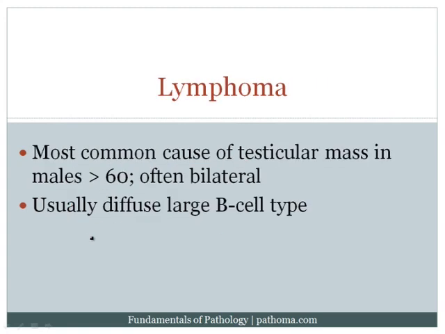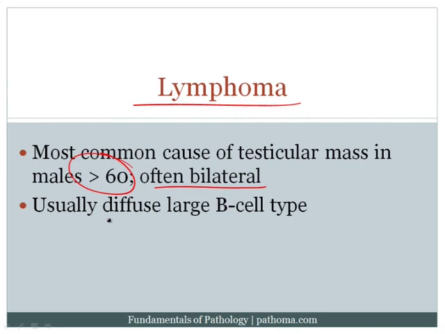The final point to make in this section is that when you have a testicular mass in the testicle, it's of course usually a germ cell tumor, but that germ cell tumors normally occur between the age of 15 to 40. If you have a testicular tumor in a male greater than the age of 60, for example, then the most common cause would be lymphoma. Again, it's important to note the age of the patient. 15 to 40, you think about germ cell tumors, but greater than the age of 60, the more common cause of a testicular mass is lymphoma.